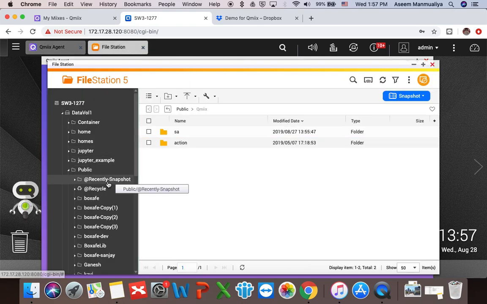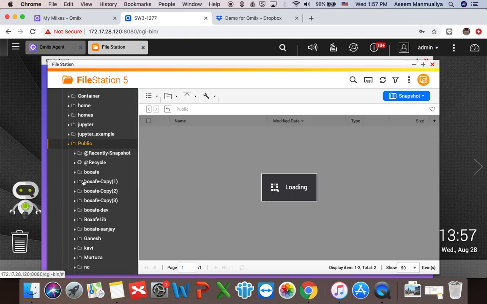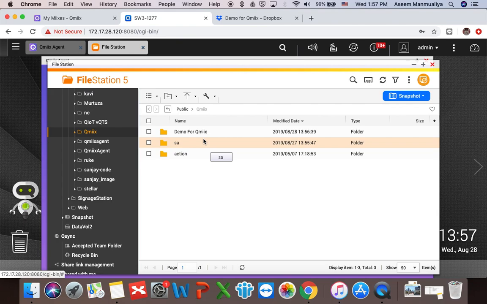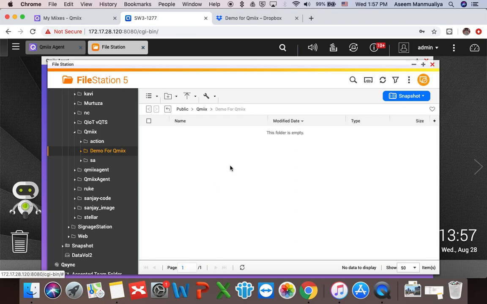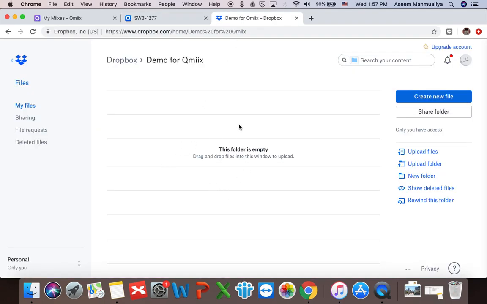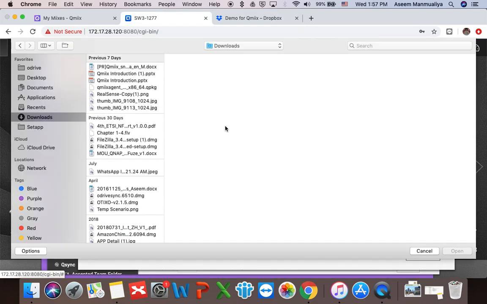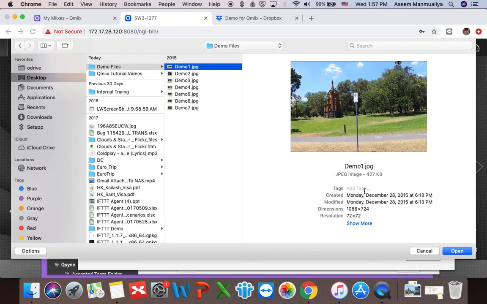The trigger folder, as I mentioned to you, will be created in the public Qmiix folder, and you can see the new folder created here, demo for Qmiix. So this folder is the trigger folder, and this folder on Dropbox is the action folder. So let me upload some files here, and how about I upload some demo files here. So let's say I upload this demo file,